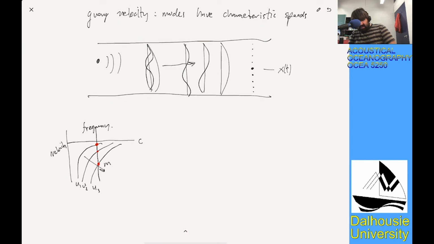So you might see mode 1 arrive, and then mode 2, and then mode 3. If this is your time series, pressure versus time, you're able to pick out m equals 1, m equals 2, m equals 3, and these are different times, so now we'll say t1, t2,